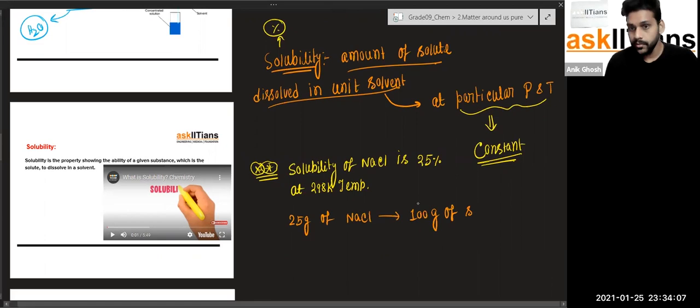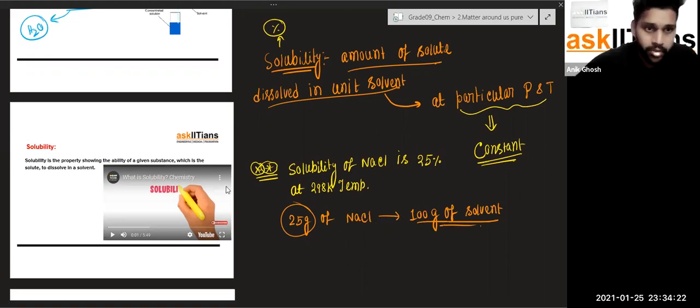Okay, whatever the solvent is, it would be like water or something like that. So in 100 grams of solvent, there would be 25 grams of NaCl. That was the thing. Fine. So this is called the solubility. Okay. Now let's check out